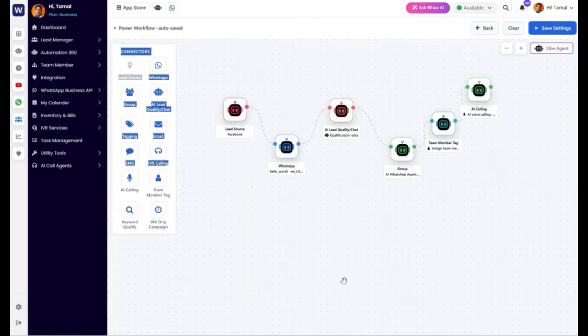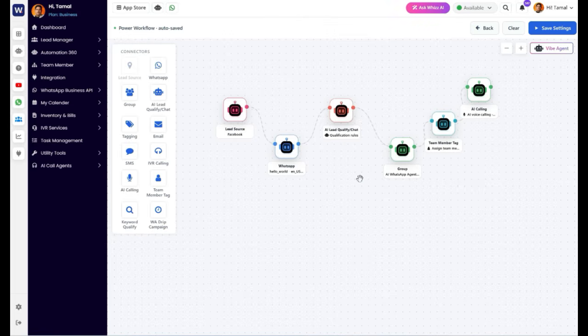So if there's a holiday or you are not in the office, an AI agent can be configured. It will communicate with the customer, take a transcript of the conversation, and show the entire transcript to your system. And even if you give the power to AI, it will nurture and follow up with the customer continuously as it wants. And also, if you want, after that, if the conversation is found positive or negative, you can